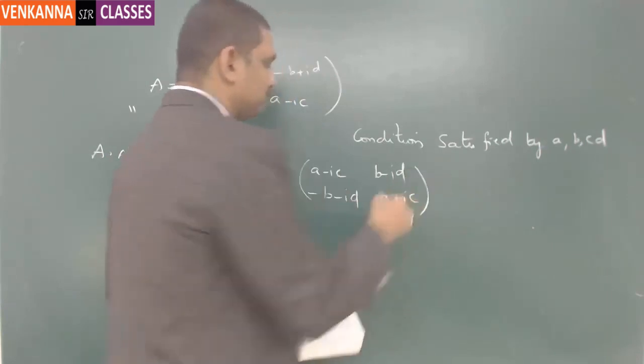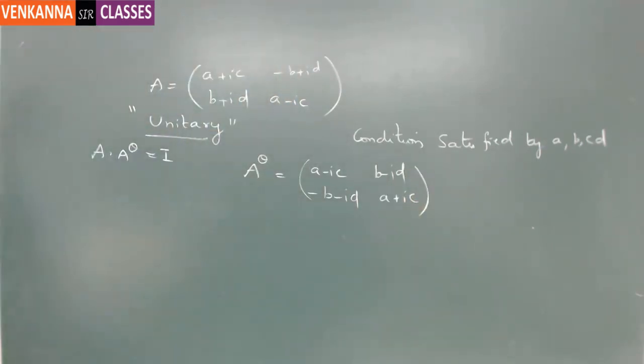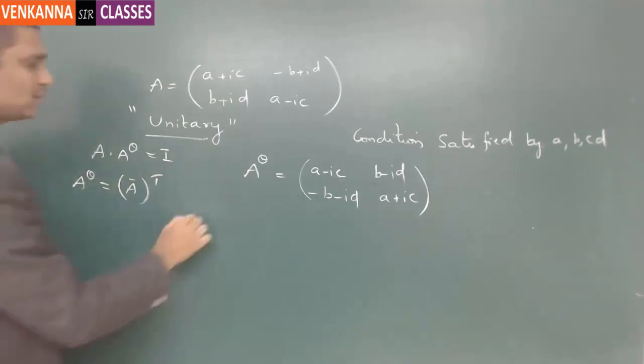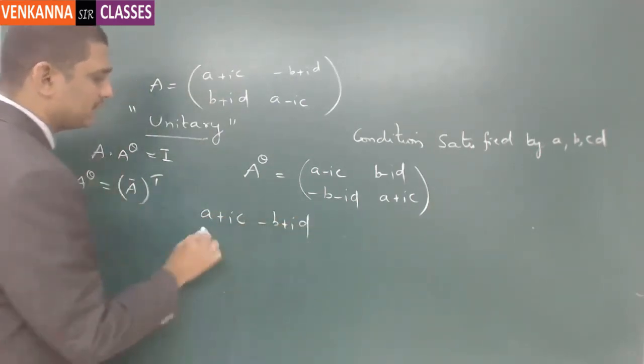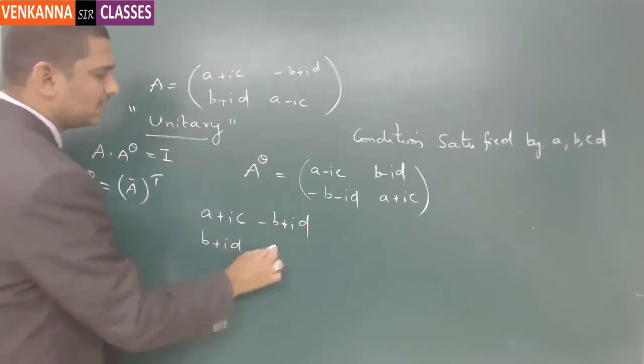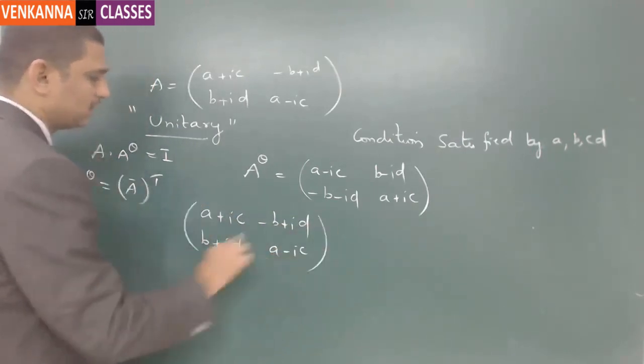This is the A power theta value. A power theta is nothing but the conjugate transpose of A. And substituting the values, you will get a plus ic, minus b plus id, b plus id, a minus ic, into